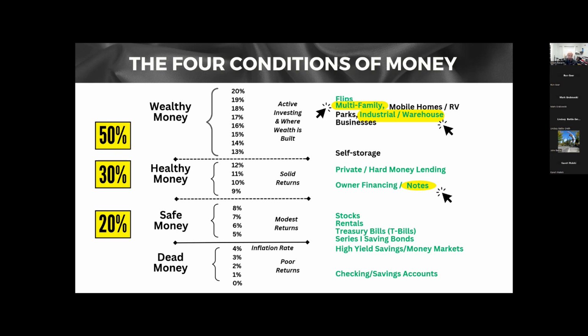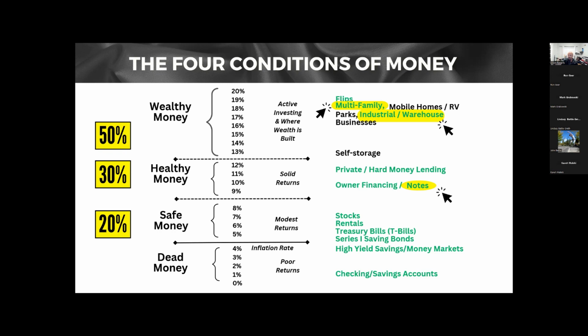And yeah, I feel very good about, hey, we need to diversify. We definitely need to put our portfolio in different areas of this spectrum. And on the left, when I went and looked at my own balance sheet, on the left is where all of my assets are sitting. This is where my portfolio sits. I've got 50% of my portfolio in the wealthy range, 30% in the healthy, 20 in the safe. Those percentages come down to personal preference, potentially how close you are to retirement, things of that nature, right?